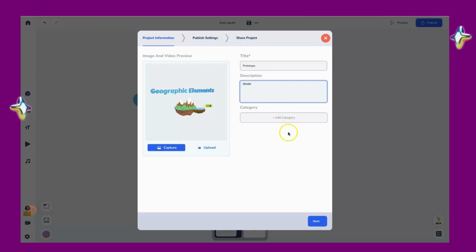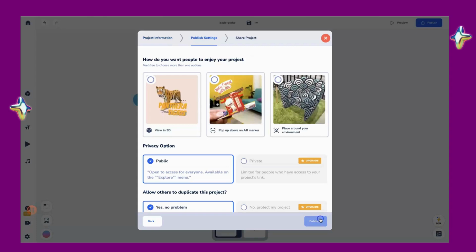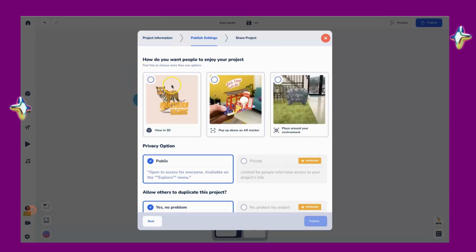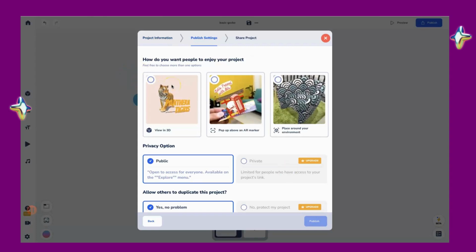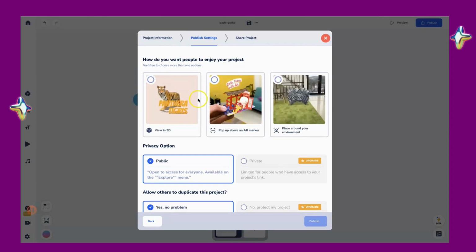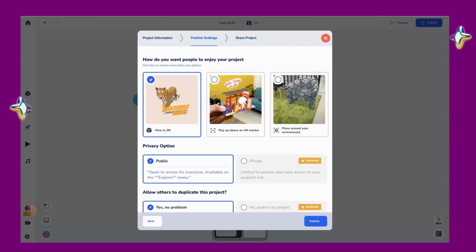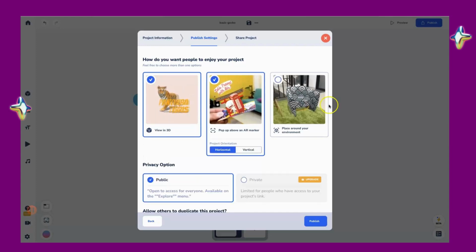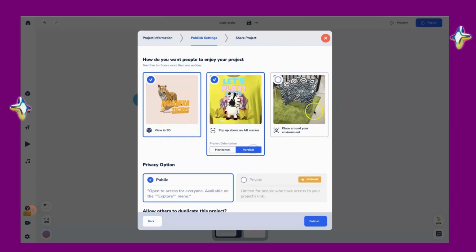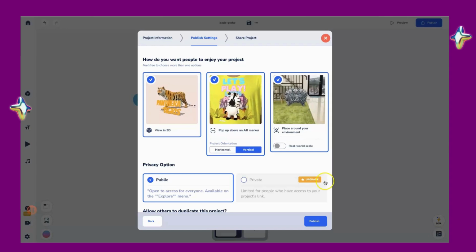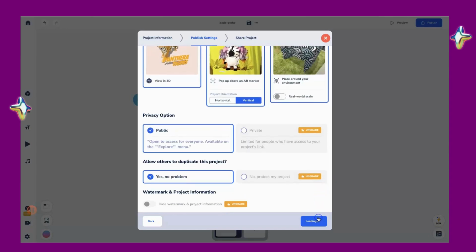I'm going to write model, and you have to click next. You have to decide how you want people to enjoy your project. It could be a view in 3D, pop up above on AR Maker, or place it around environment. So you click publish,